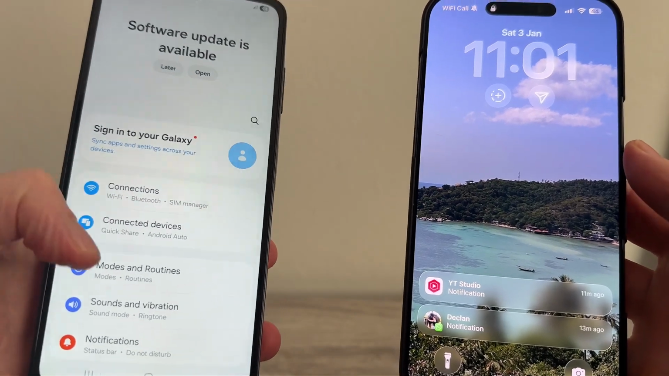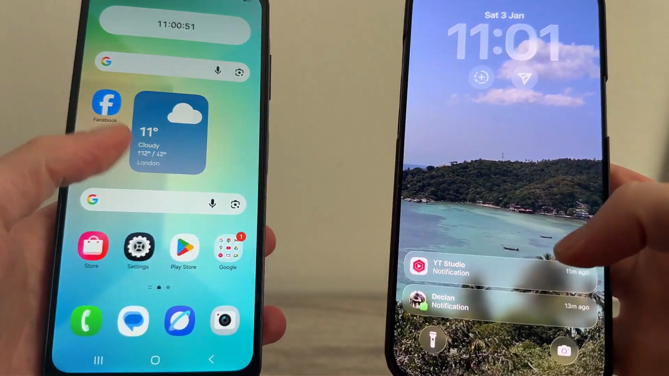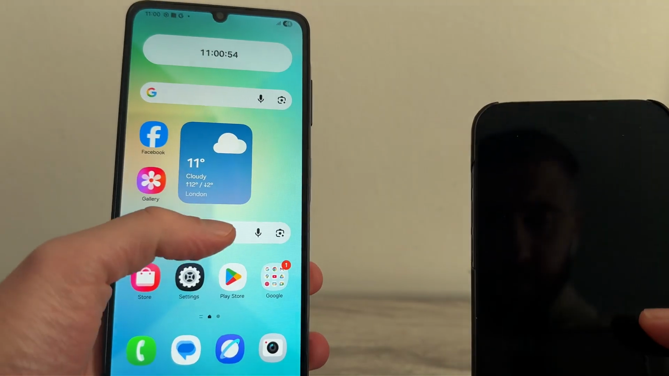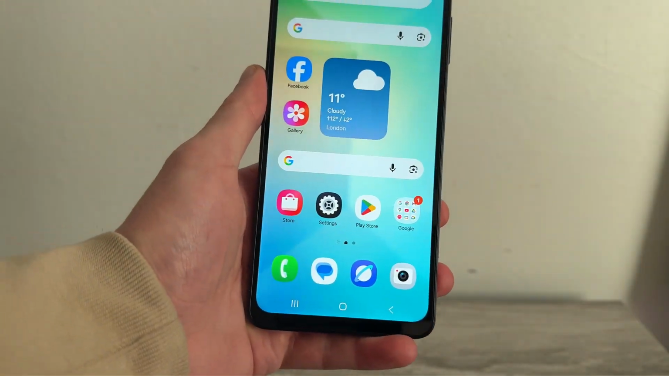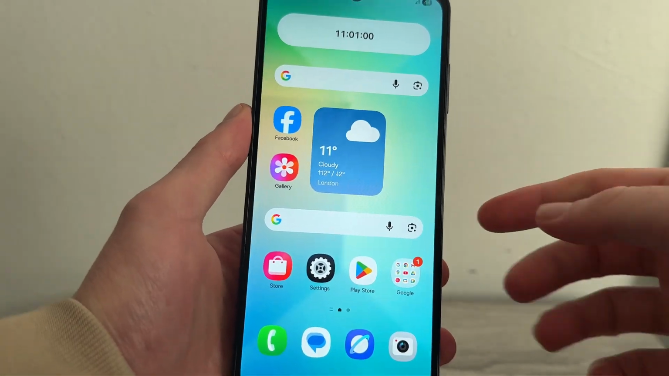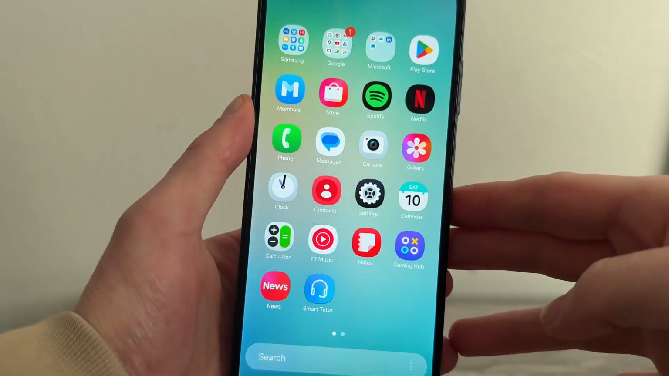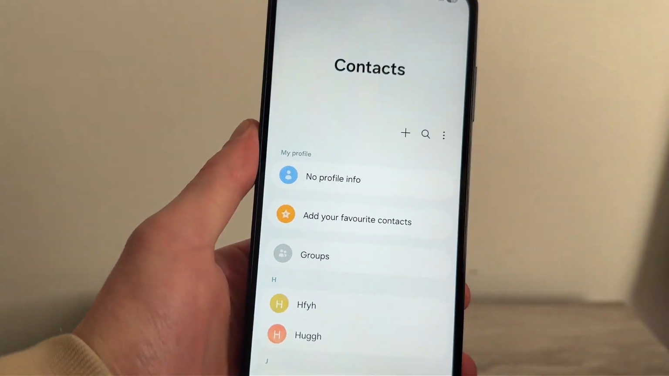In this video, I'm going to show you how to transfer your contacts from your Android to your iPhone. Now, this can be really useful if you've purchased a new phone and you want to sync your contacts across devices. Now, to do this, first go and open up the Contacts app on your Android,